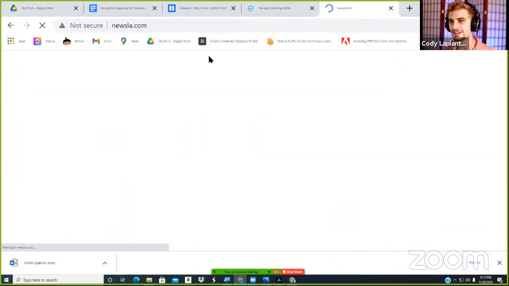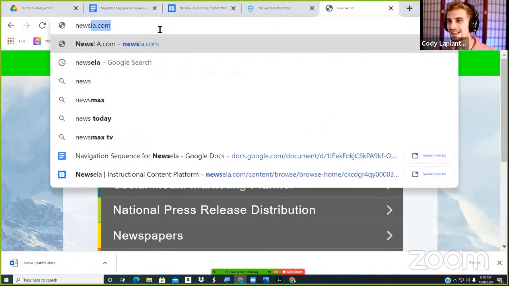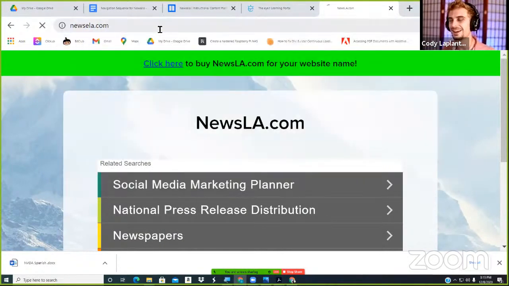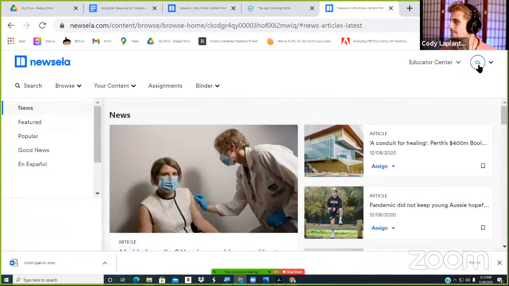Newsela.com. Let's see if I can spell. Oops, really close. Newsela.com. There we go. Newsela.com. Just a typo there. And you can see I'm already logged in here, but if you are not logged in, you do need a